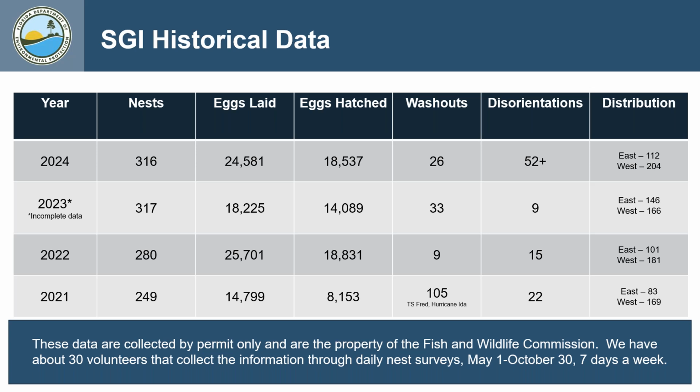And then lastly, for 2021, we had 249 nests, 14,000 eggs, almost, and 8,000 that hatched, but we had 105 washouts that year, mostly from Tropical Storm Fred and Hurricane Ida, and then 22 disorientations. Now, we get these numbers because every day we have 24 people that are permitted by the